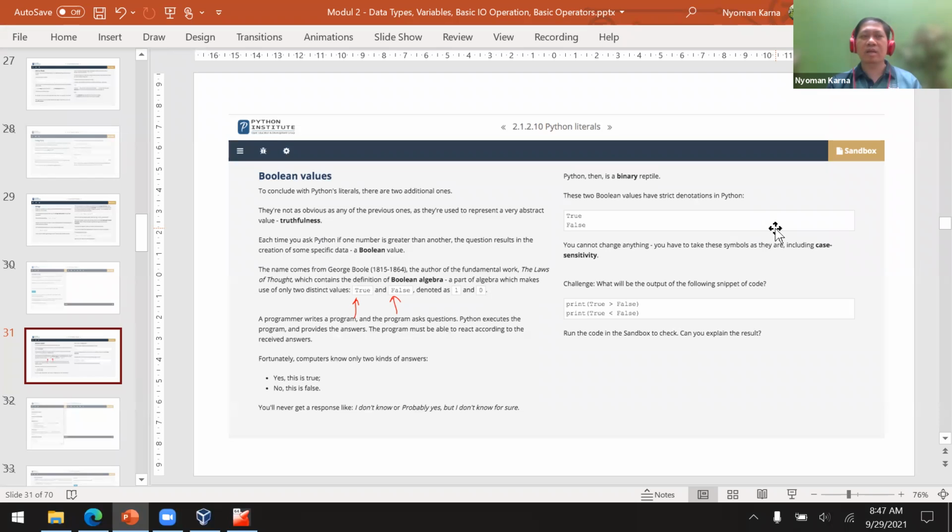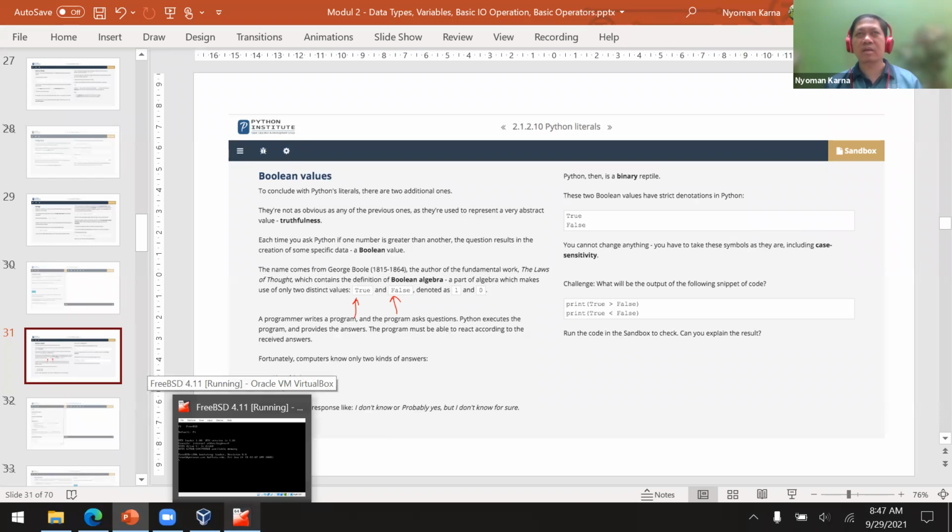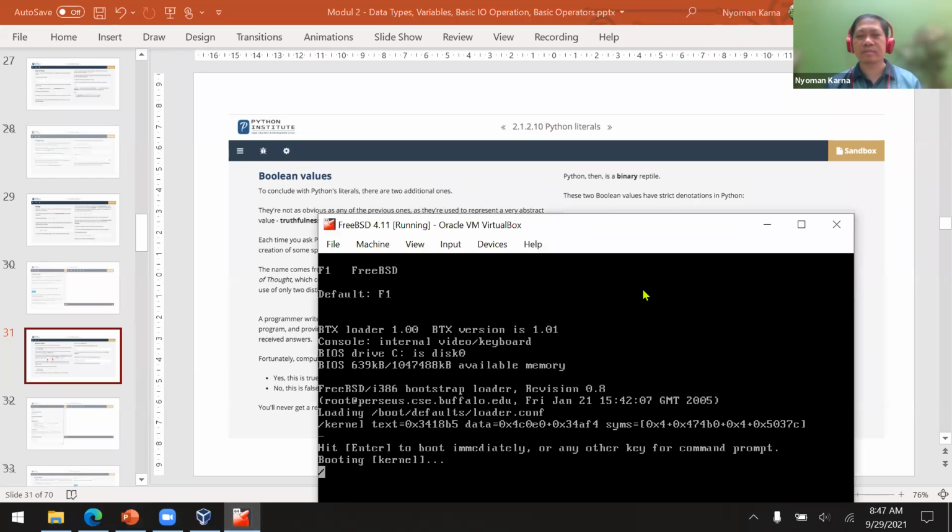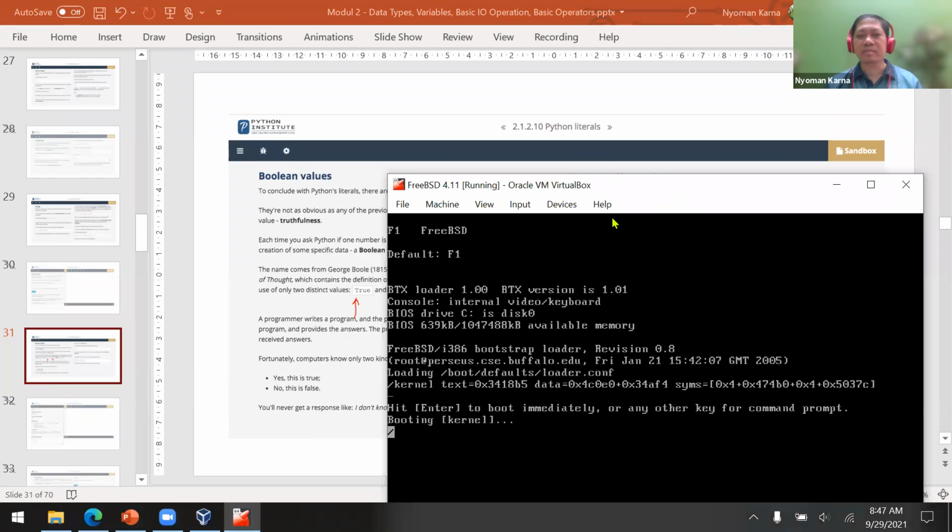But in Python, to run a program, we don't need to compile the program itself. We just need to run it. That's what we call Python using an interpreter.